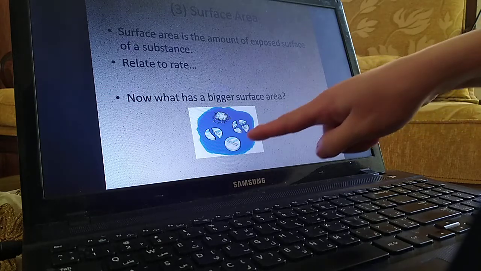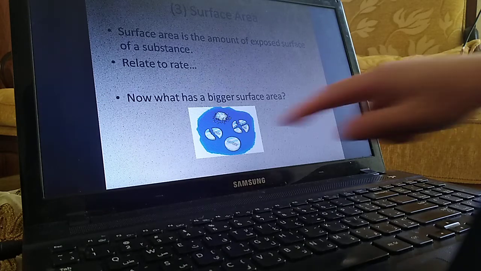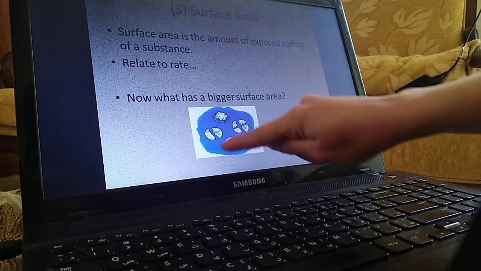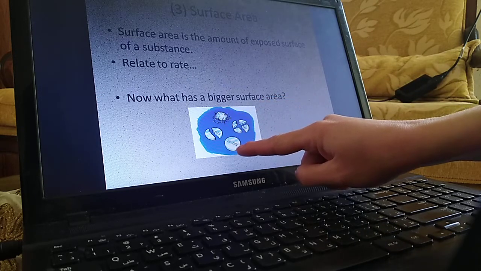When we have a whole tablet of medicine, and if I wanted to react with anything, it's going to take some time because it's a whole tablet. Now, what happens if I break it into half? It's going to react faster because I increase the surface area. The surface area is going to include this inner area here, which was covered in the past. Now, if I